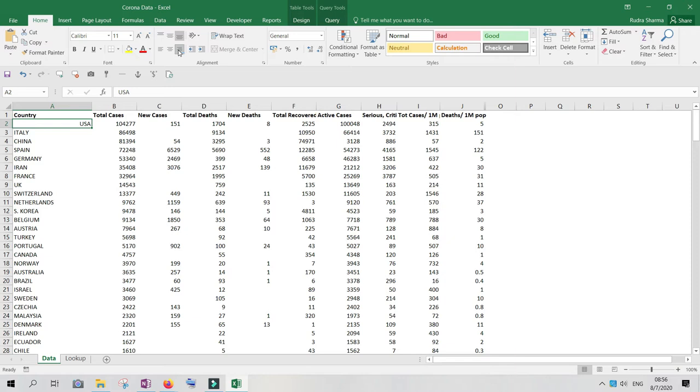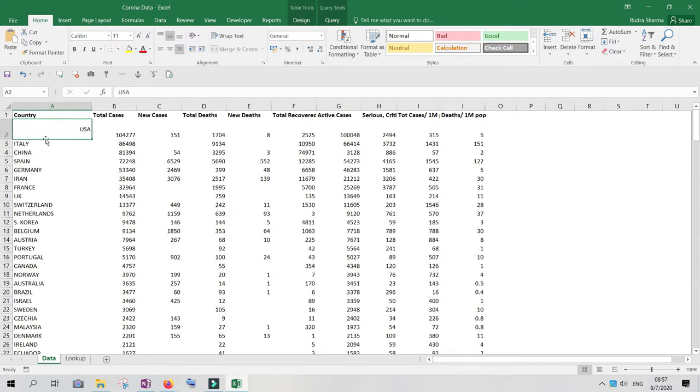It's that simple. One more type of alignment is top alignment, middle alignment and bottom alignment. Now it is at the right bottom. If I want to make it center and bottom, here I have to click. You are not able to see the difference because the cell height is very small. If I click on the center now, horizontally it is in the center, vertically also it is in the center. If I want to show it at the top of the line, I have to click on the first one. Now it is showing on the top left. You can play around with these options and you will understand how alignment works.